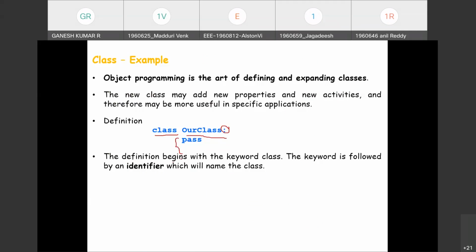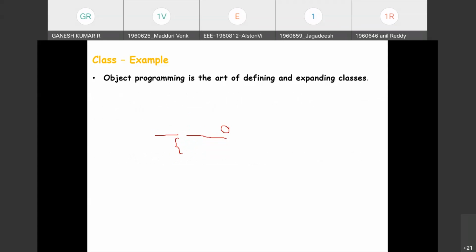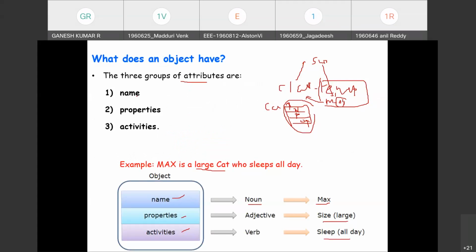We have an if block, and even for a function we have a function block. So every class is defined with the keyword class followed by the class name. Then we have a block, a set of statements. This block may have the description of the three attributes: name, properties, and activities.